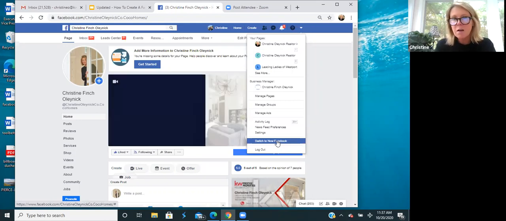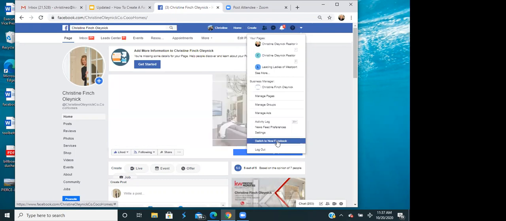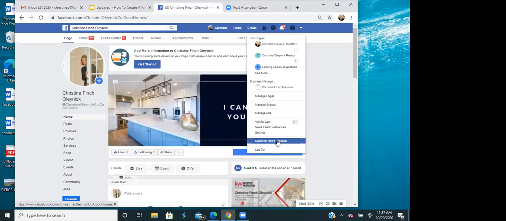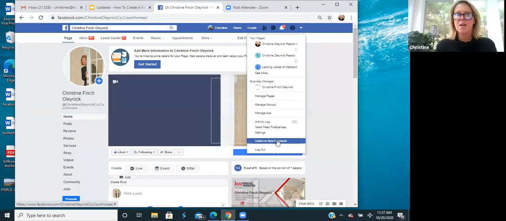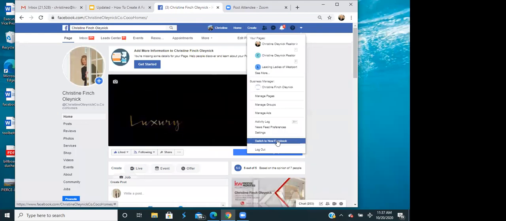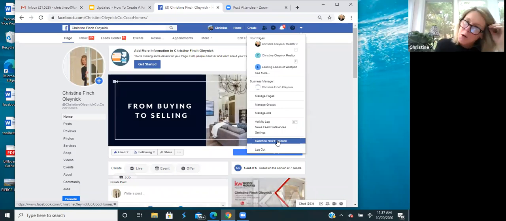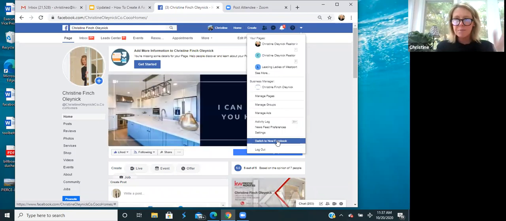If I click on that, it'll switch me back. I don't have that. That's interesting. Stephen, do you have that? I do. Yes. Thank you. Okay, great. So there you go. That'll switch you on over. For all of you who have that, that's how you do that.